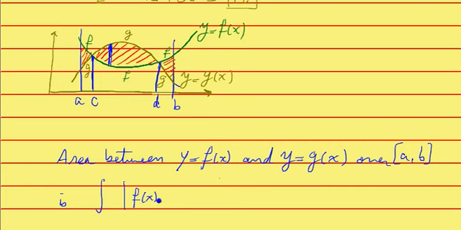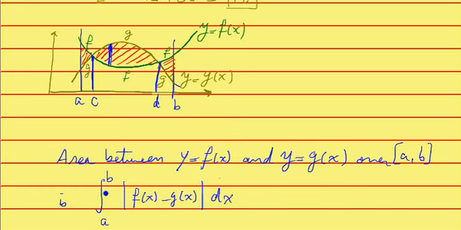If you write f of x minus g of x in absolute value, then the absolute value automatically corrects the sign for you. So if f minus g here is negative, the absolute value forces it to be positive. So that's the height multiplied by dx, that's the width, and then you are supposed to integrate from A